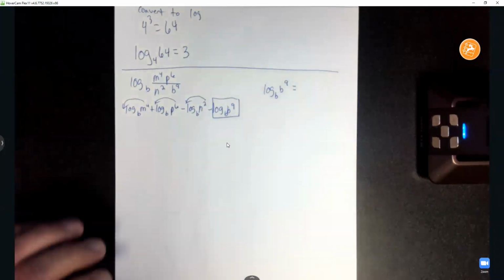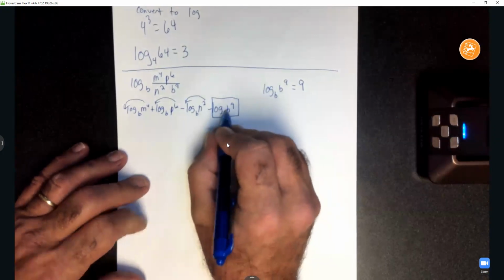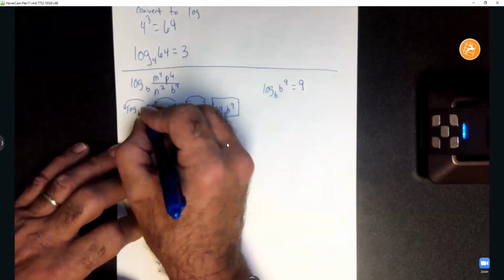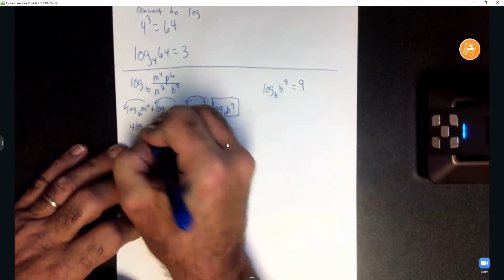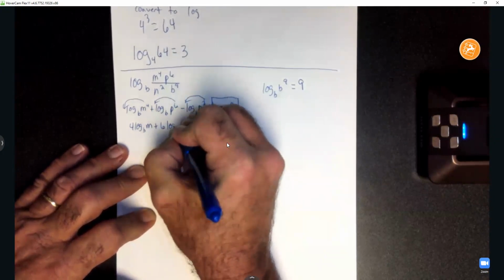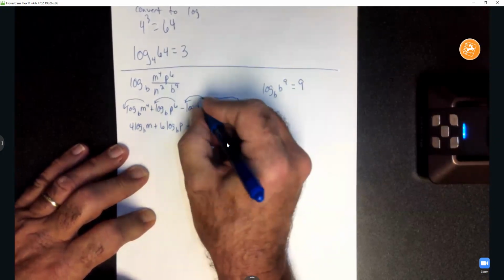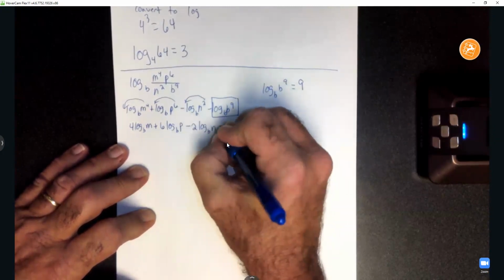Oh, and we're quick on that. That's definitely a 9. So that equals 9. So I'll just replace that with a 9 when we're done. So we'll bring down the 4: 4 log b of m plus, bring down the 6, 6 log b of p minus the 2 log b of n minus